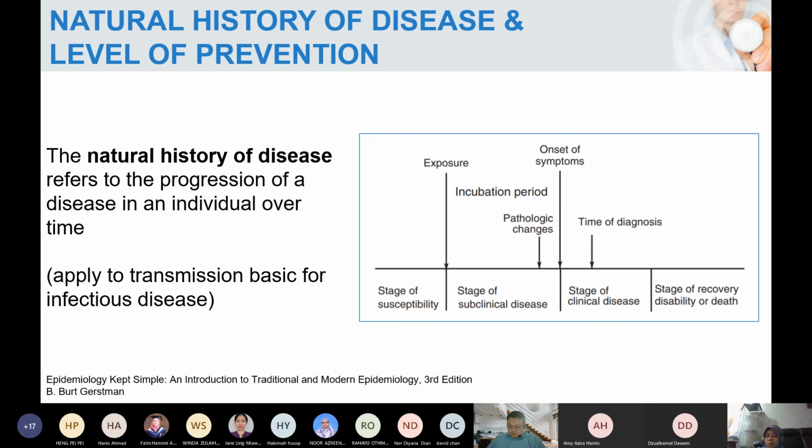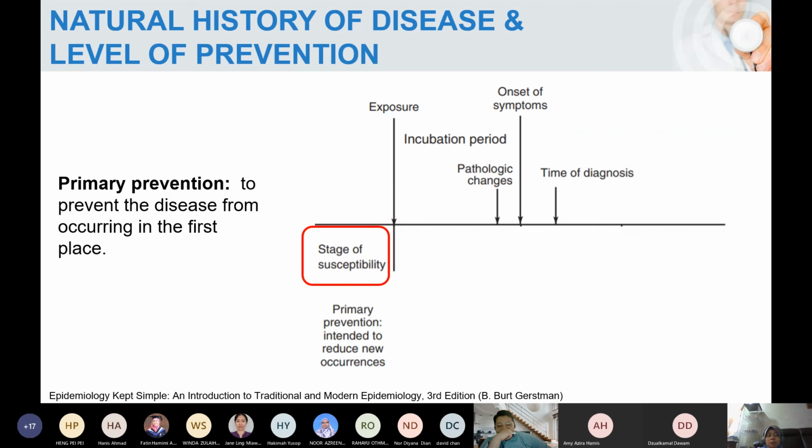Up to the second wave, it was already visible. We could stabilize the number of deaths, but now somehow the number of deaths is increasing. So the natural history of disease takes time to really establish and understand. But it is used to apply prevention. For example, you hear this a lot: primary prevention, secondary prevention, tertiary prevention. So if there is a question on prevention and control, try to apply this level.